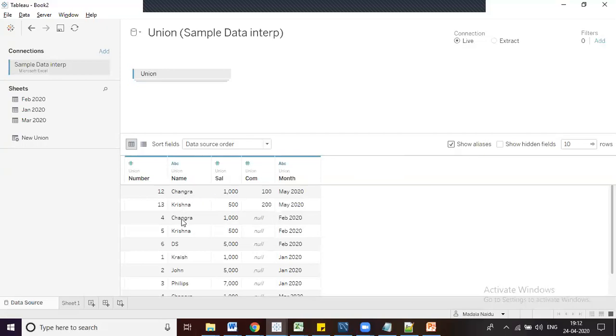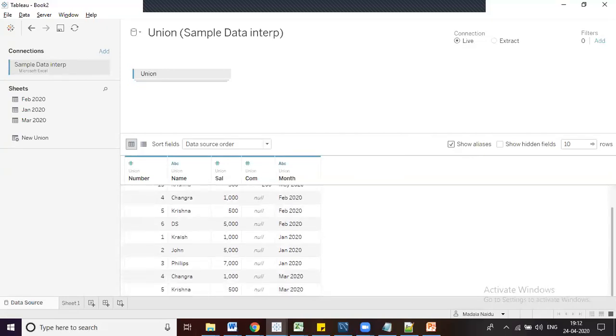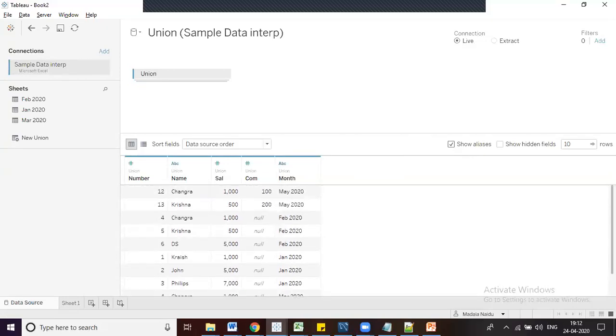Now you are not able to see A, B, C in the data set in the preview area, right? In this entire workbook, these names only will appear in all the reports which you are going to create. If you want to see the original names you can unselect this one, then it will show the original names. But on the report side it will show Krishna instead of A, right?